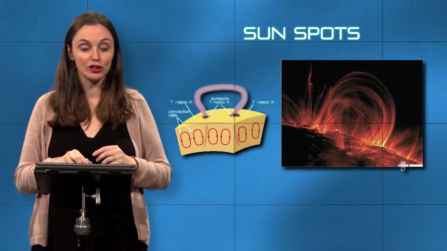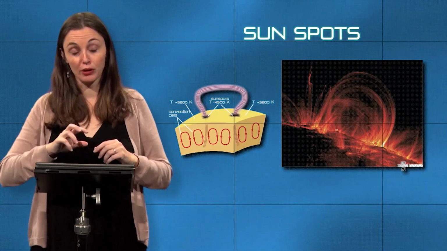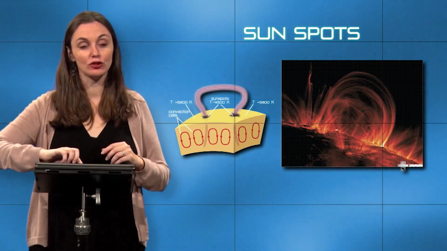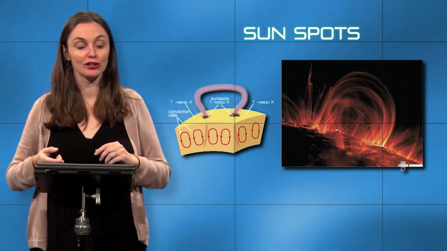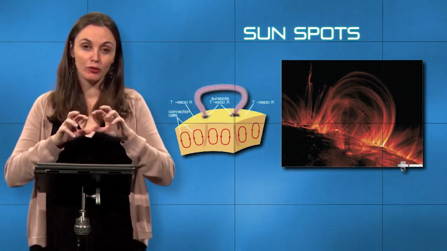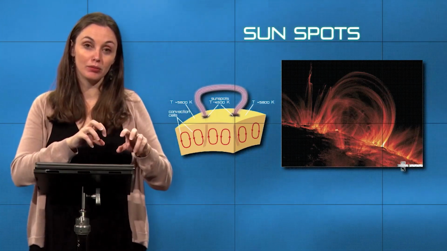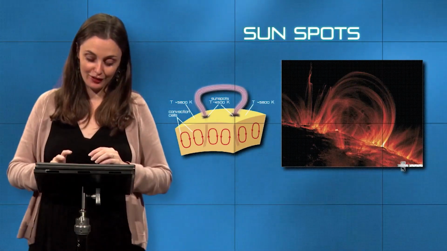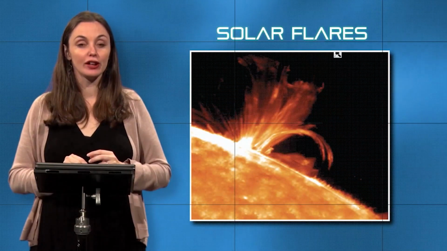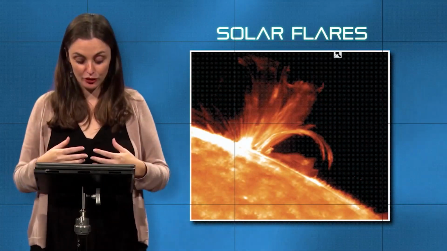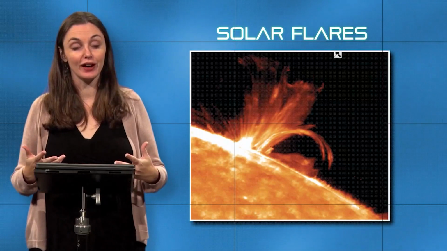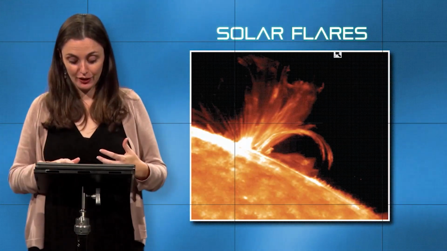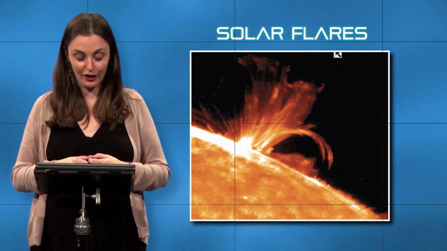So 4,500 Kelvin is where all the bright spots on X-rays show up, where you see all of that gas shooting out of and into the surface of the sun in X-ray. That's going to correspond to the dim little, almost missing pixels when you're looking at it through visible light. So solar flares are essentially, for our purposes, just bigger versions of these sunspots, these little loops in the magnetic field line.